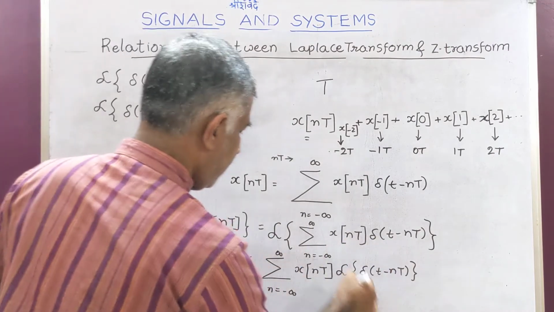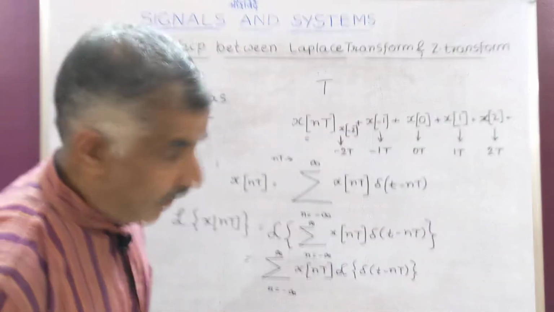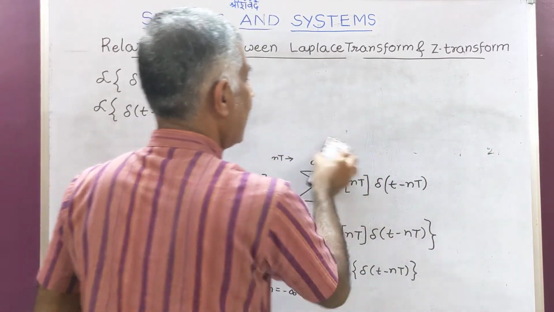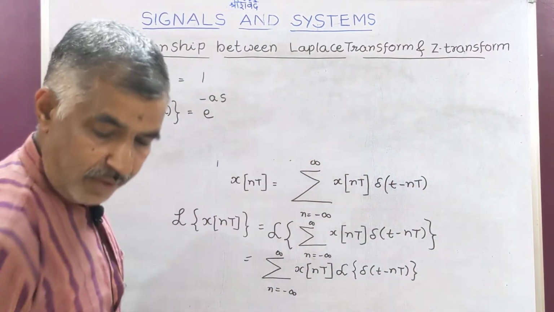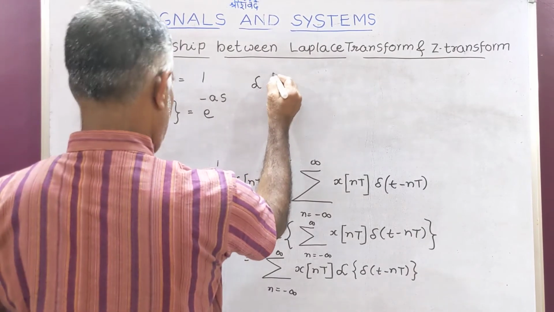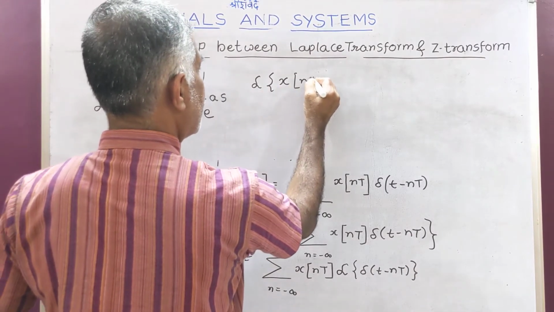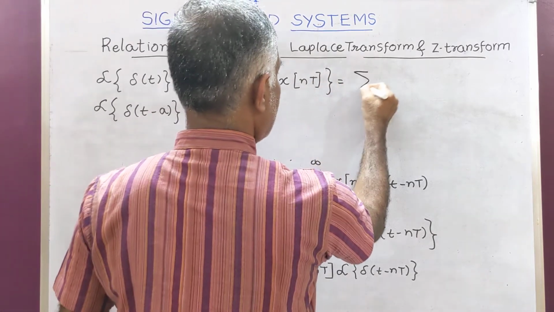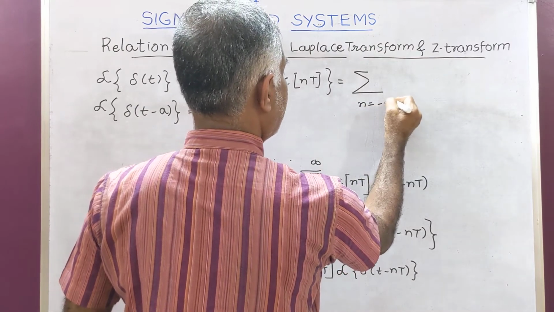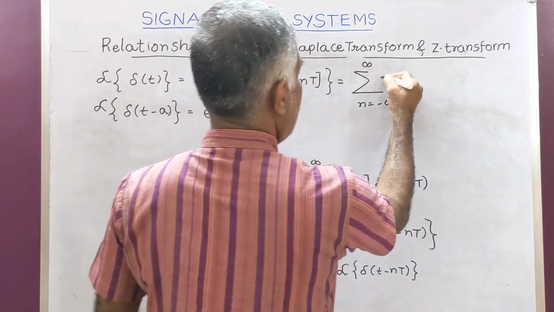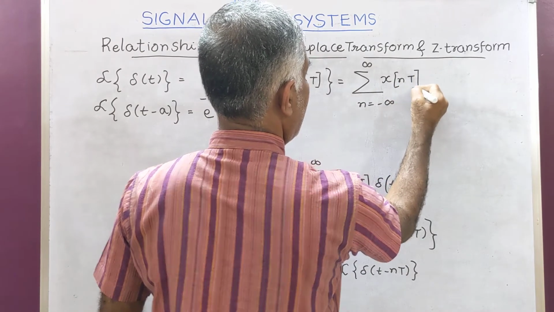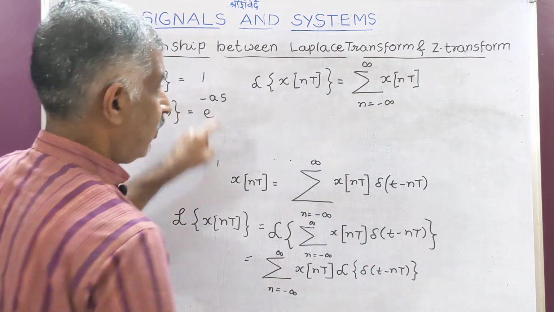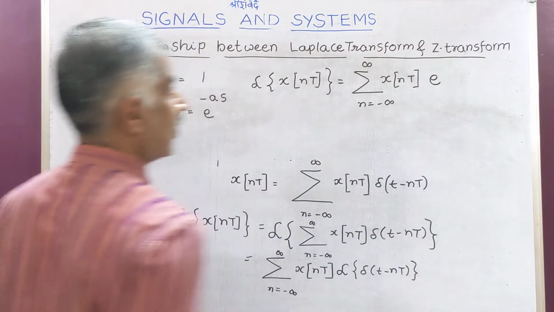Now here one can write the Laplace transform. The Laplace transform of x of nT is equal to summation n equal to minus infinity to plus infinity x of nT. Now the Laplace transform of delta of t minus nT is very similar to this expression. One can write this as e power